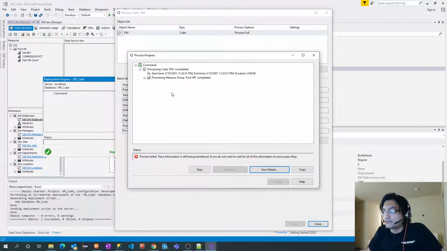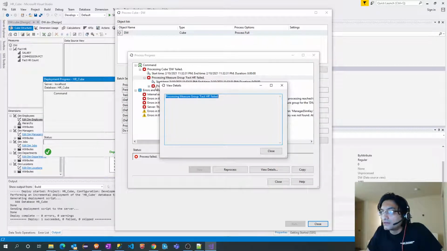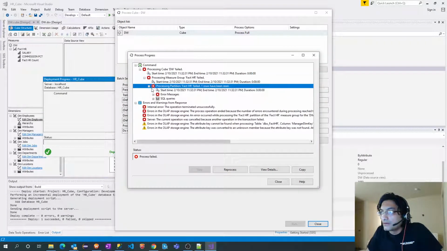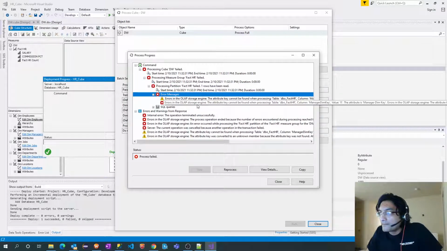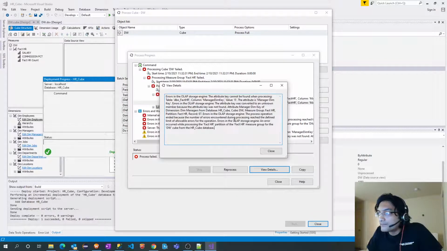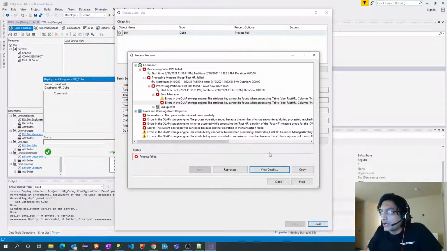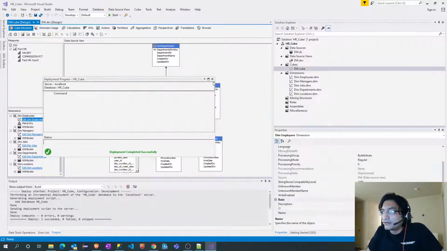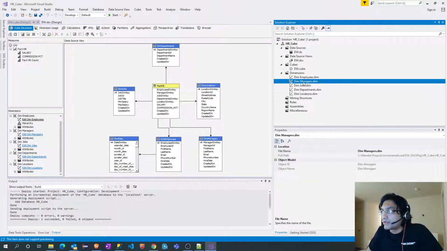Failed again. Manager dimension key value equal to, okay, I just changed it. Let's reprocess manager dimension.